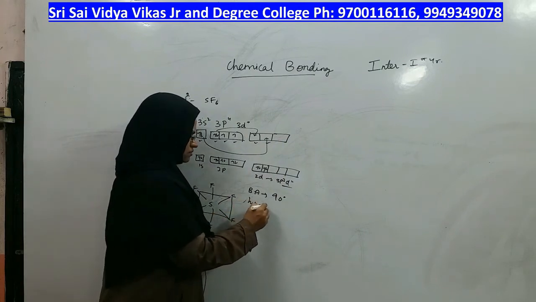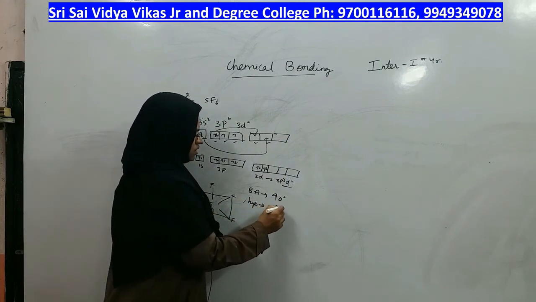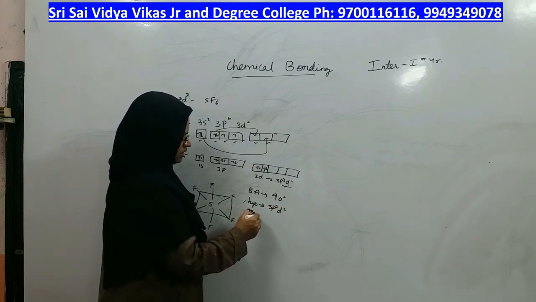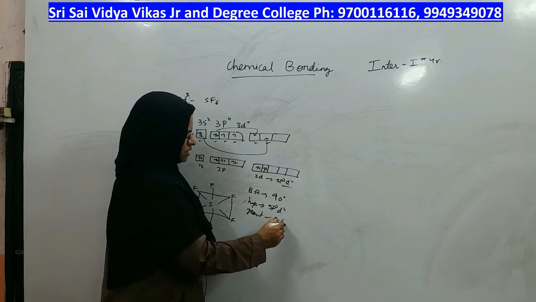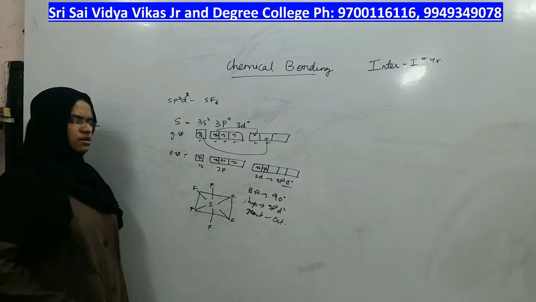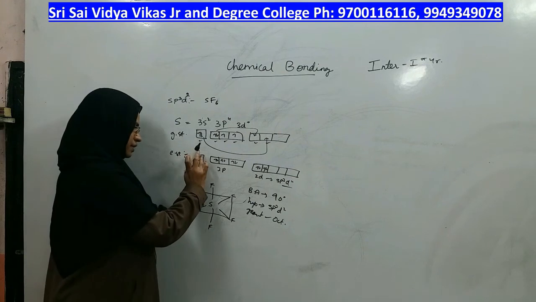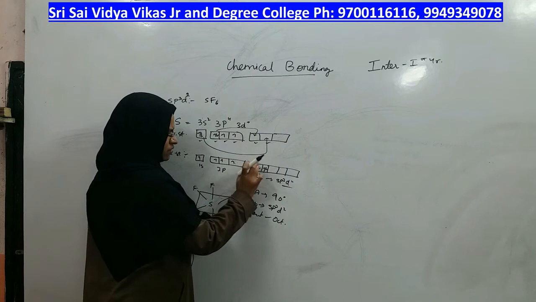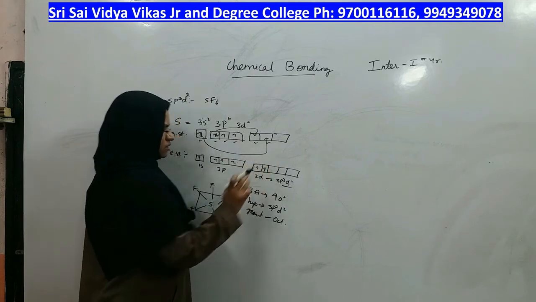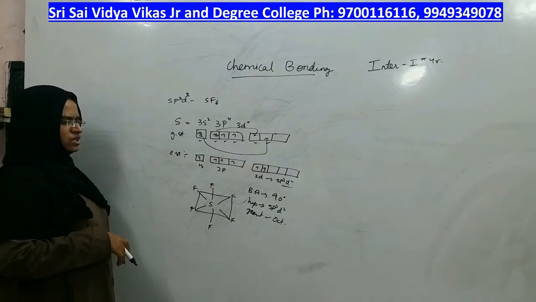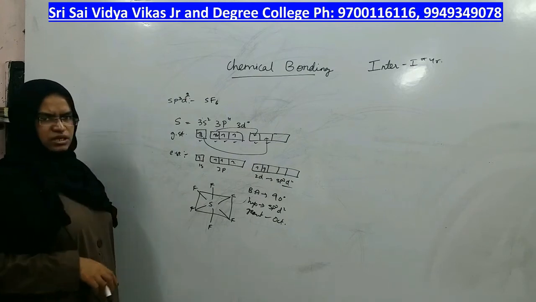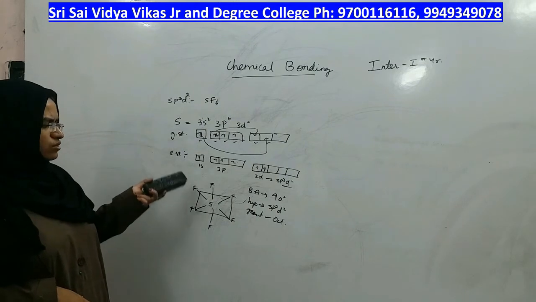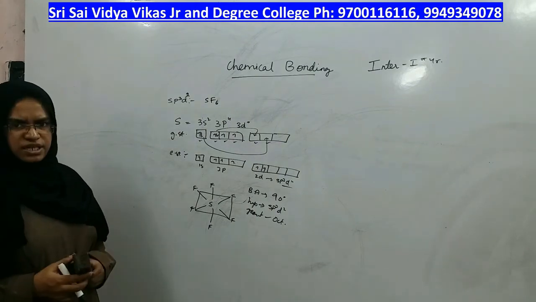Hybridization is sp3d2 and geometry is octahedral, right? This is the SF6 molecule. And here, as in all the molecules, we have not written the pair of electrons coming from the surrounding atom. For this also let us do the same and show only for sulfur, which is the central atom. This is the SF6 molecule in which hybridization is sp3d2, right?